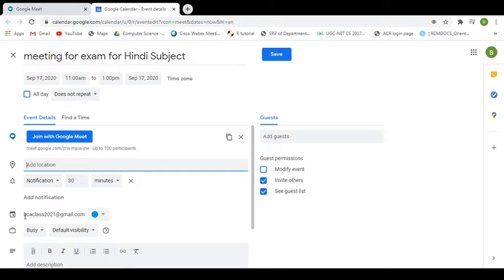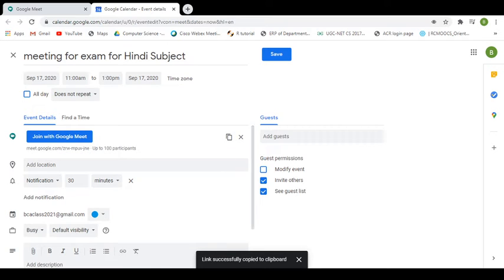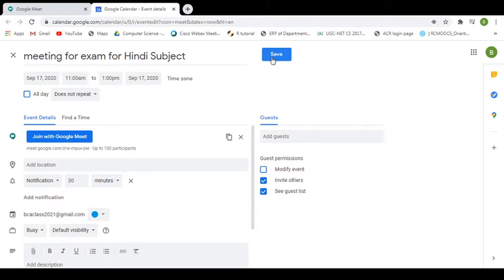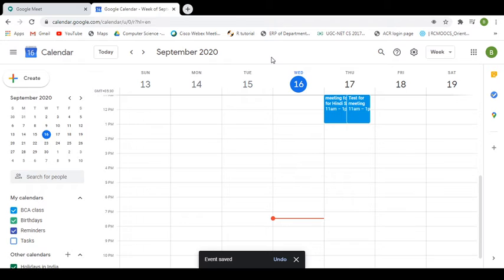So here you can see one code has been there with this Google Meet, which is meet.google.com. The last 3 parts are the code actually. With this code students can join the meeting. So let's copy this link once. Copy, let's paste. So now let's come here. As I said, if I want to join this as a student, before doing this we will save it. So this meeting has been saved in our calendar.